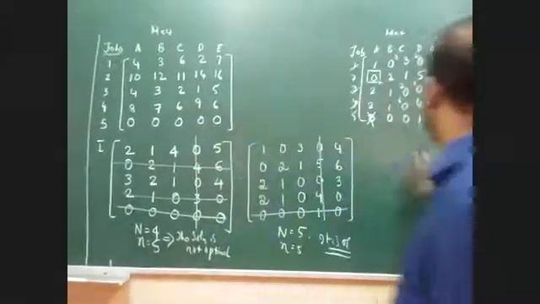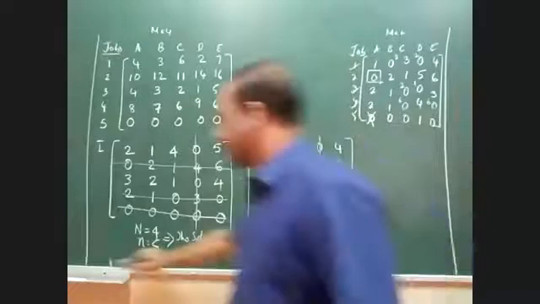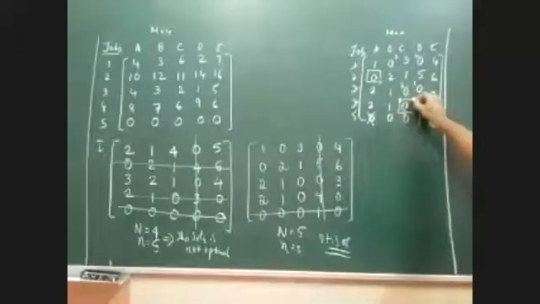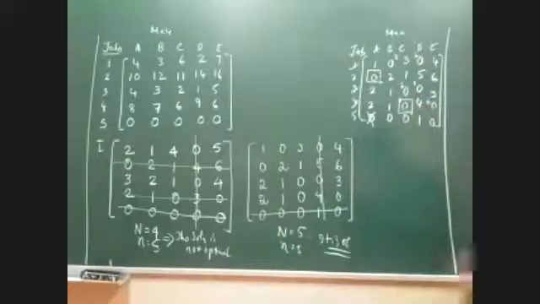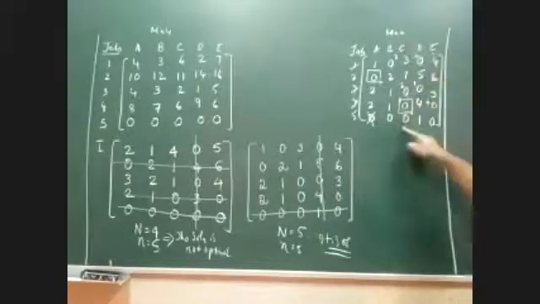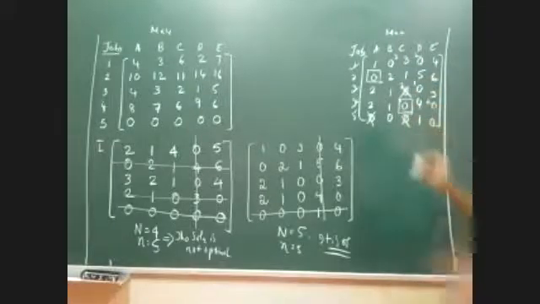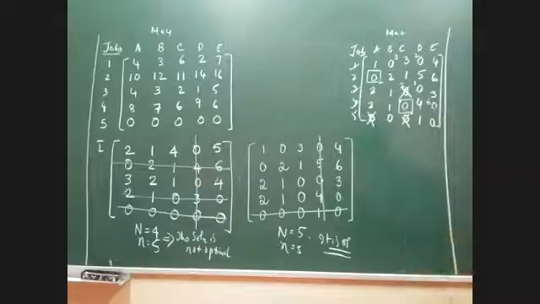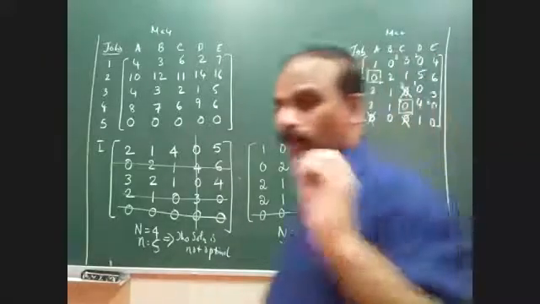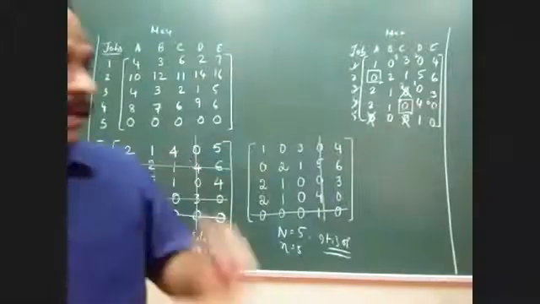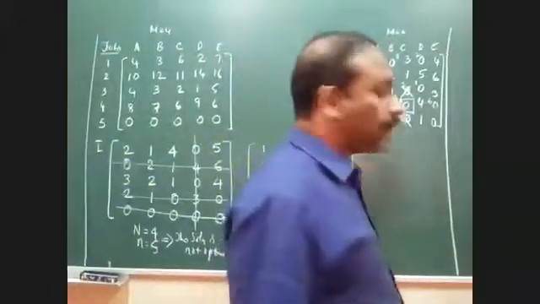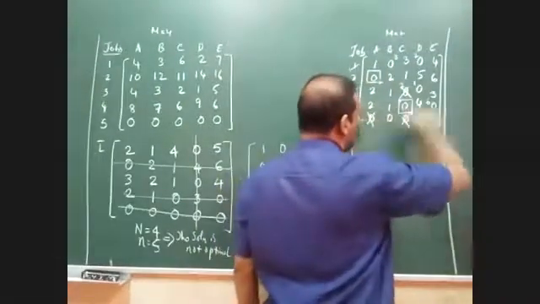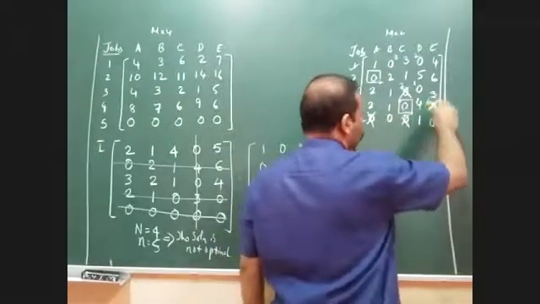Can you please check the values? So highest corresponding value is 6. First, let me take this 6. If I'm considering this particular value, I hope you all remember all the zeros of that particular column has to be blocked. And not only that, even the corresponding row also has to be blocked. I hope you remember that. When you go for assignment, along with the column, even the row zeros also have to be blocked. This is an important step. So therefore, in the fourth row also, I'm supposed to block this value.